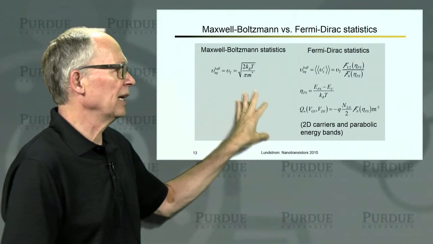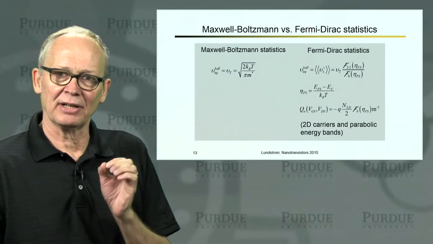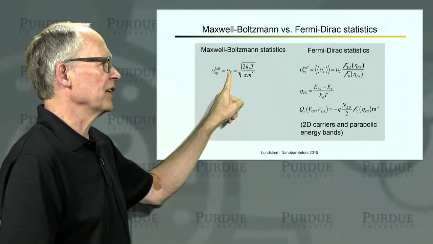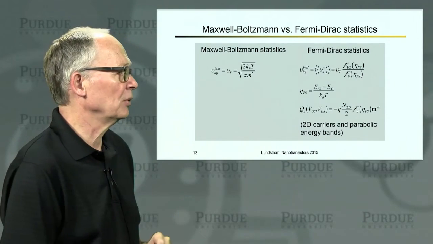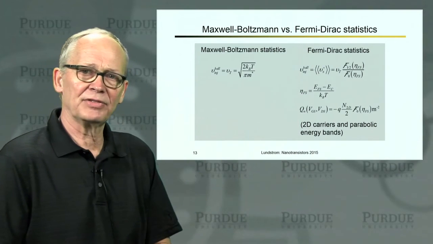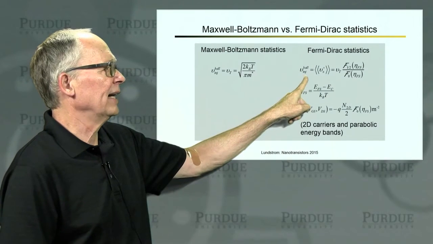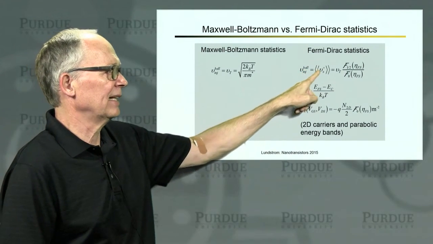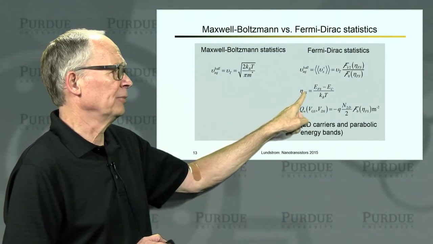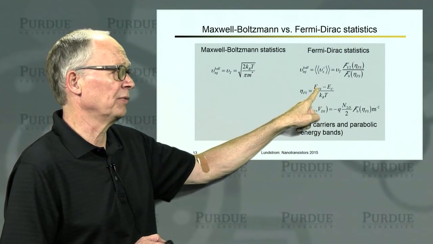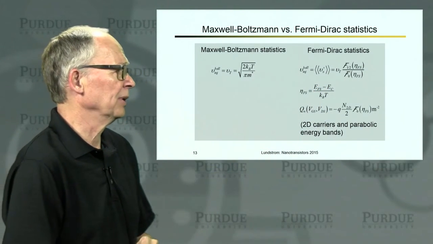Okay, just to summarize that, when we can assume Maxwell-Boltzmann statistics, the velocity under on-current conditions is the ballistic injection velocity. It's just this unidirectional thermal velocity, independent of gate voltage. When we have to consider Fermi-Dirac statistics, which really we should do above threshold all the time, we find that the ballistic injection velocity involves a ratio of Fermi-Dirac integrals. This term eta Fs is just a measure of where the Fermi level in the source is with respect to the bottom of the conduction band at the top of the barrier.